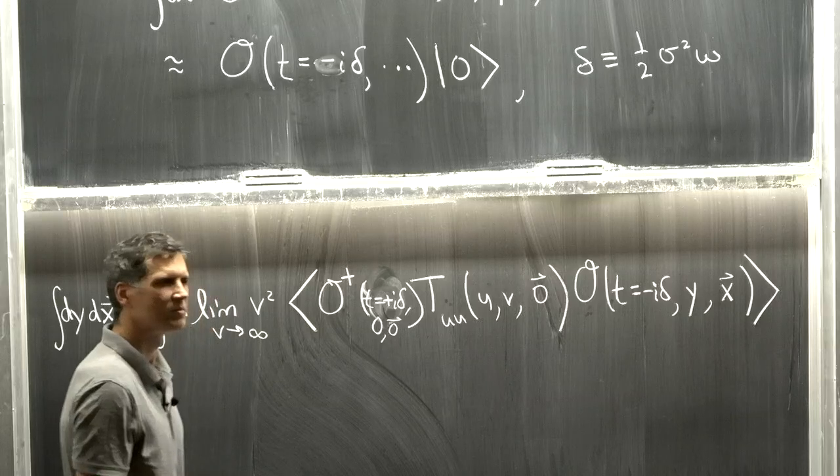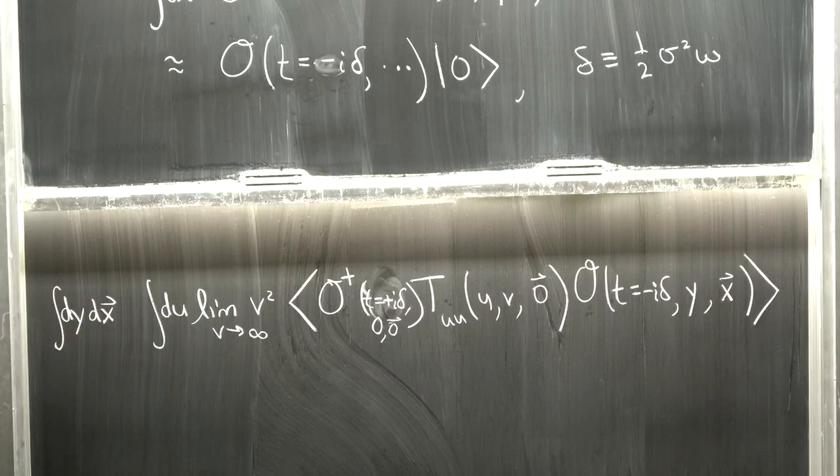Other questions? Okay, I've dropped the last piece. There was this Gaussian term here, e to the minus x squared over sigma squared. I've dropped that here; I don't need it anymore. At this point, I'm allowed to set sigma, the width of the wave packet, to infinity. The reason I'm allowed to do that is because this integral is finite as written, so I might as well just set it to infinity.